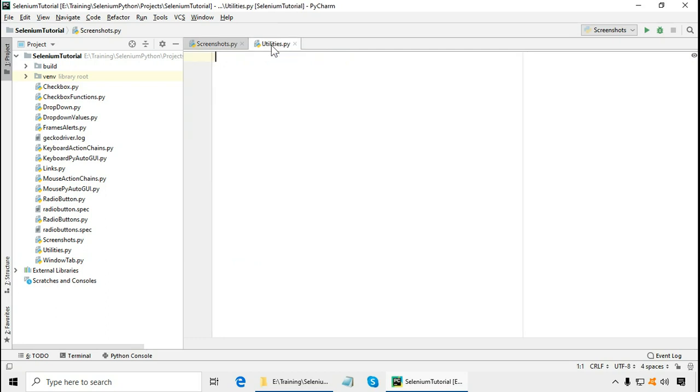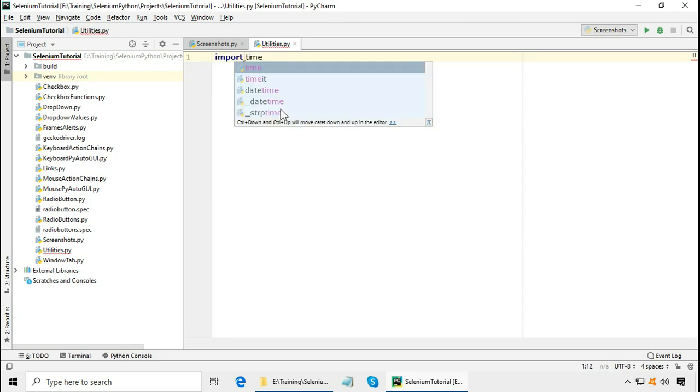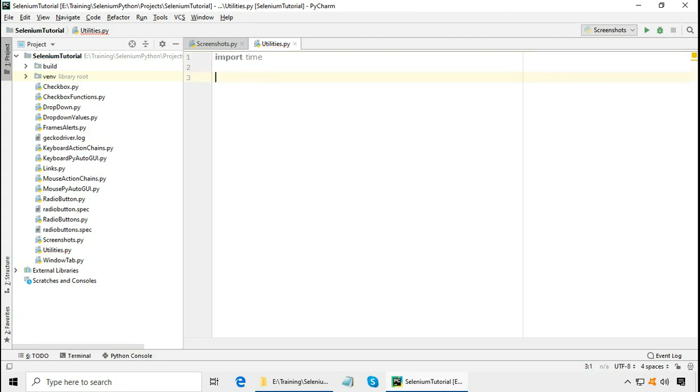For that, I have created another Python script, utilities.py. Now here I need to import time because my file name is going to depend on the current date and time.